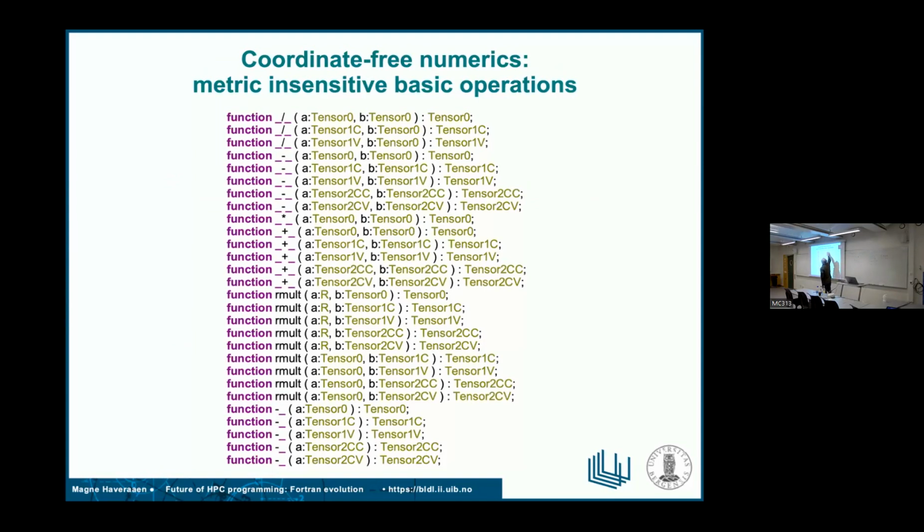So here are some basic functions. It's a bunch of division, subtraction, multiplication, addition, and scalar tensor multiplication operations. Now the difference here is that the R is just a real number. This is a scalar tensor, but the scalar tensor could be temperature. A vector tensor could be the draft, air moving inside this room. And dyadic tensors can talk about some spatially changing property or something like that.